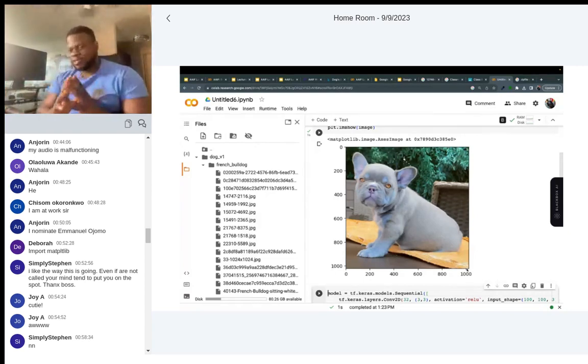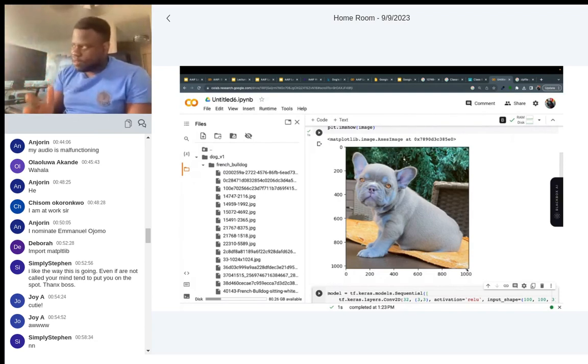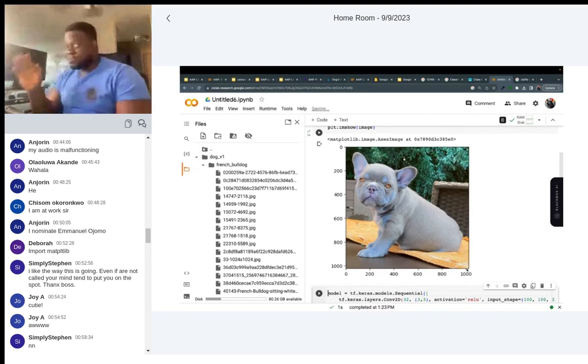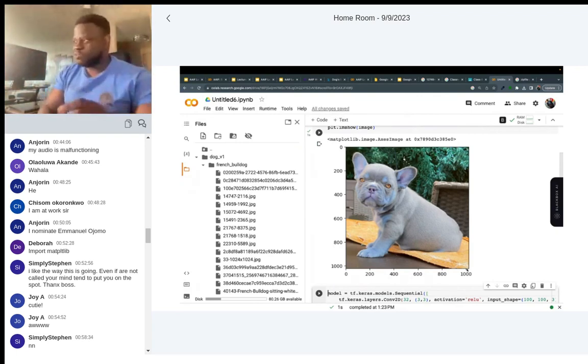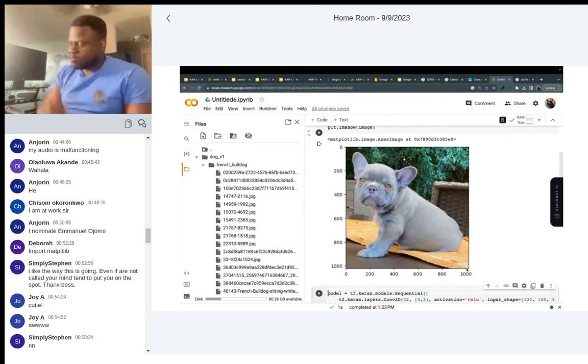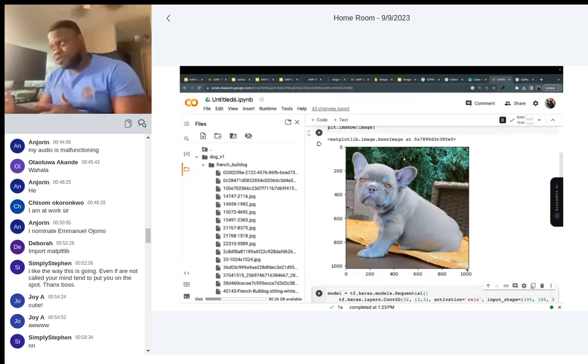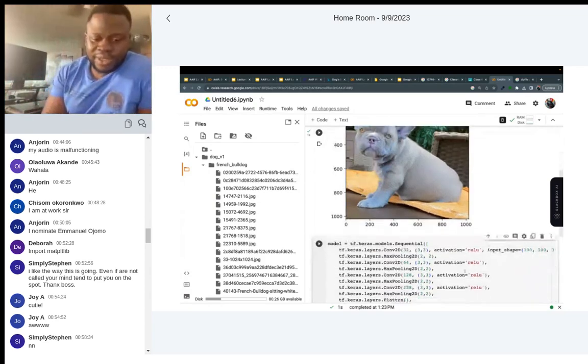We need to first align that. We want all of them to have the same size before we think about the model. We first need to deal with the data, because the model is the easiest part. I've just been copying and pasting the same model. It's the part where I say I'm training the model, boom, and I go and take chocolate in the office. The strength of your data, how clean your data is, determines what your model learns. If your data is bad, your model will become dull. It won't be artificially intelligent, it will be artificially dull. So let's first deal with the data.